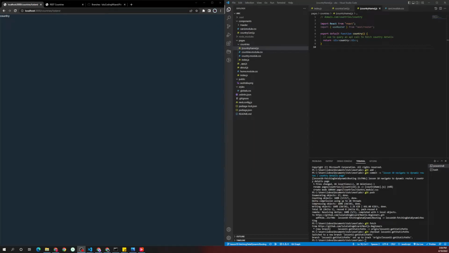So let's get our country details page alive and get some content in there. First things first, we need to start by rendering the path and getting the details of that path. For each country we'll have a country details page. If you go back,